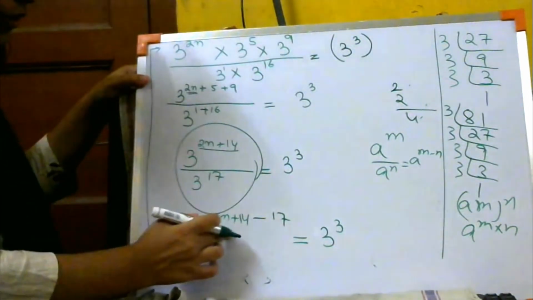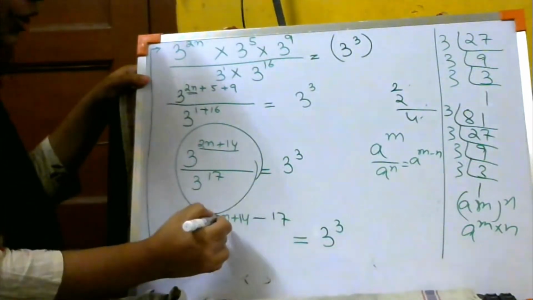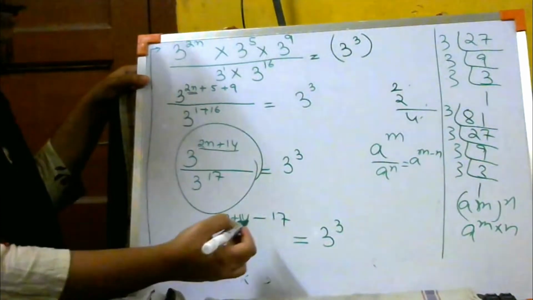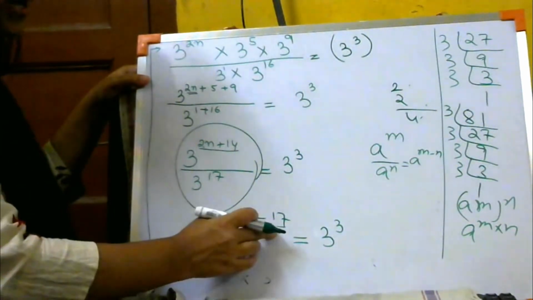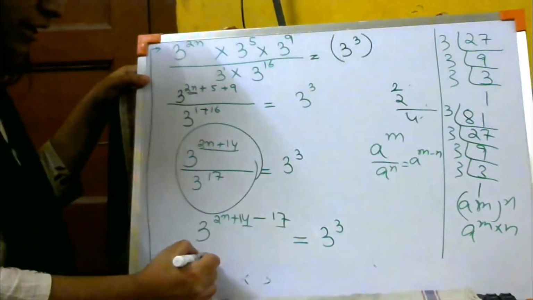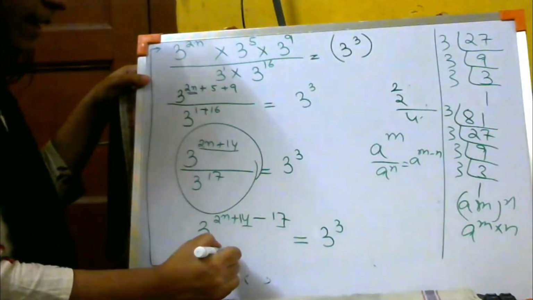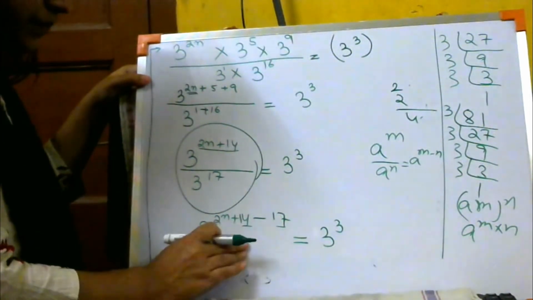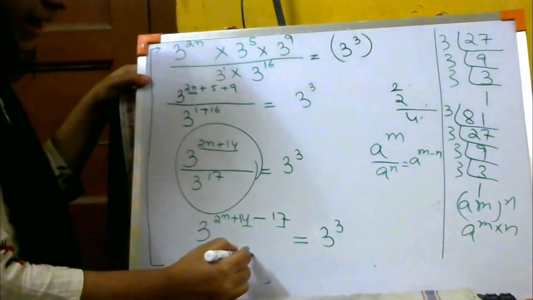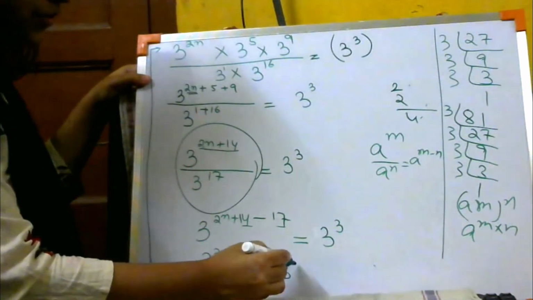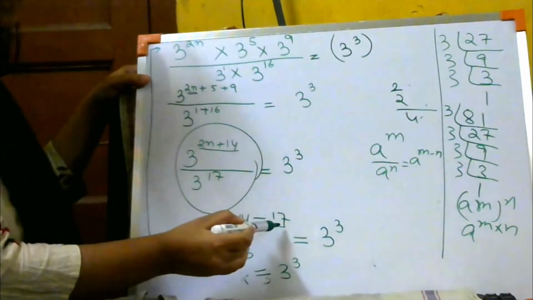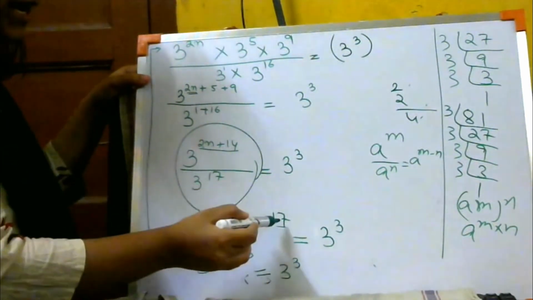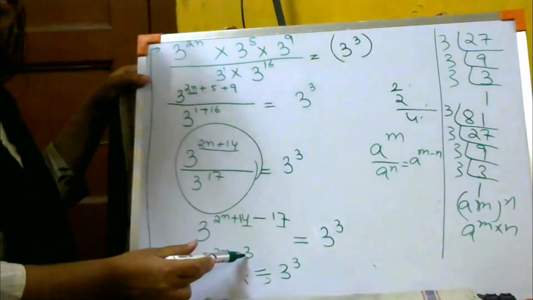Clear? Let us solve on top. Let me see if I can solve it or not. 2n को तो हम लोग प्लस माइनस कुछ कर नहीं पाएंगे, लेकिन यहाँ पे 14 और 17 है तो I can do minus. So 14 minus 17 is 3. So I can write 3 to the power 2n plus नहीं, it is going to be minus 3 equals to 3 to the power 3. Now why it is going to be minus? Integers. Plus 14 minus 17. So plus minus is minus. तो माइनस में आंसर आया 3.